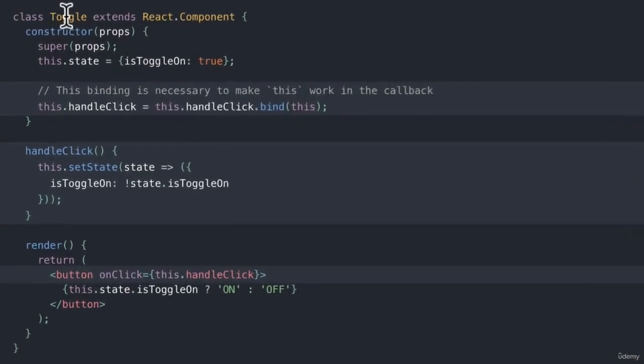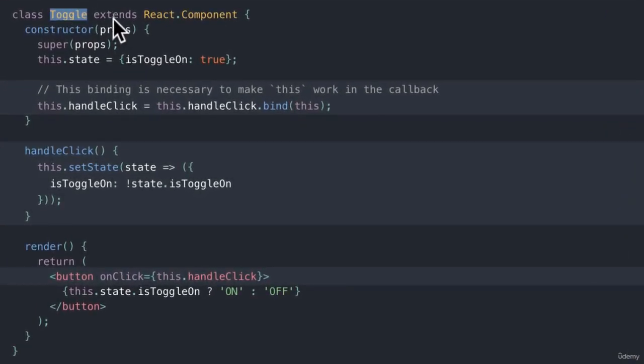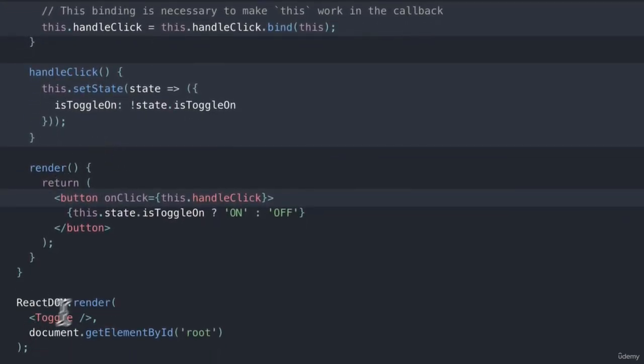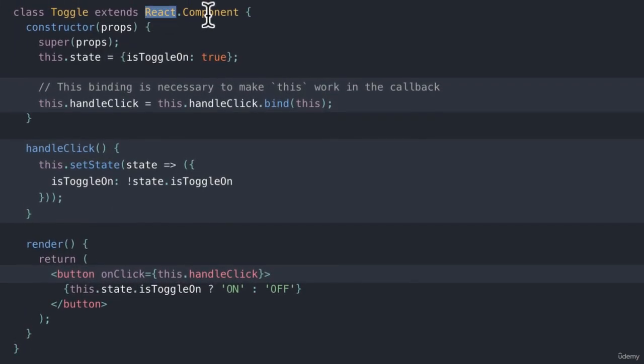For example, we have a toggle class that we create that extends React.component. React.component is something that comes from the React team. They've built this class that has all these features for us so that we can use things like render that comes automatically for us so that we can run code like this and our application gets rendered. So we're using somebody else's code and we're extending React component and using the base functionality there